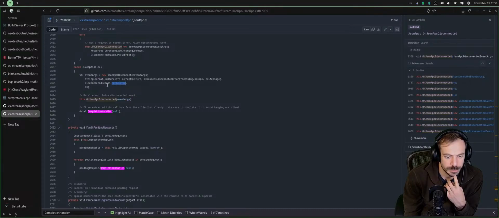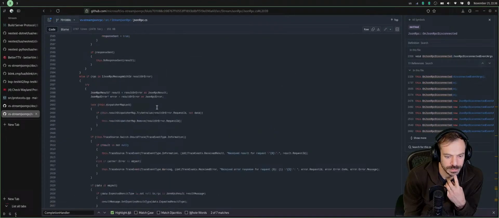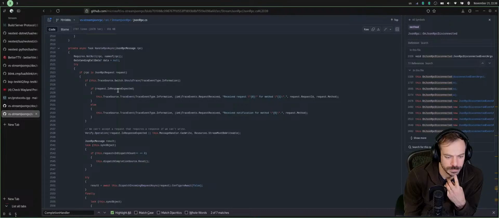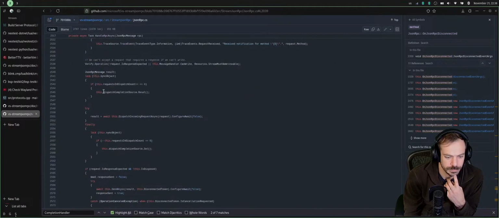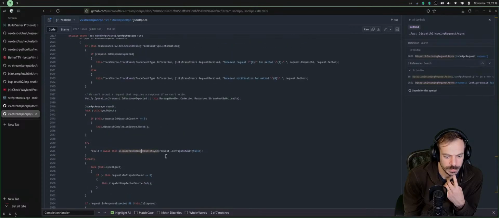Disconnected reason parse error. Is this true? So it should be here if this one throws.